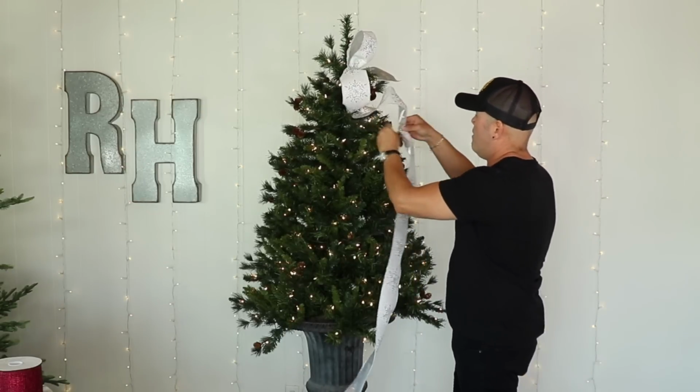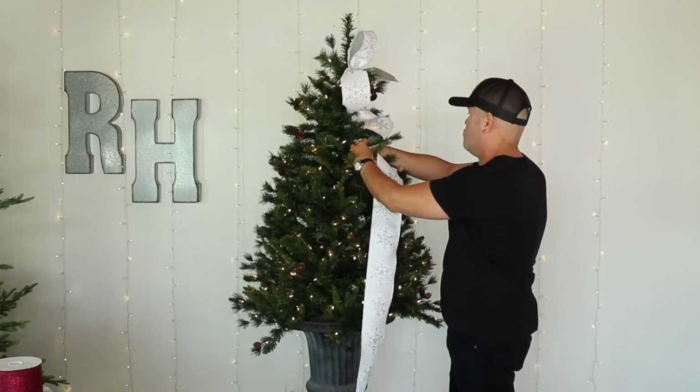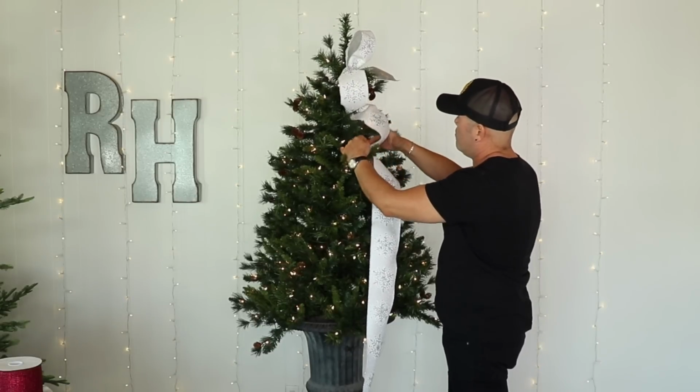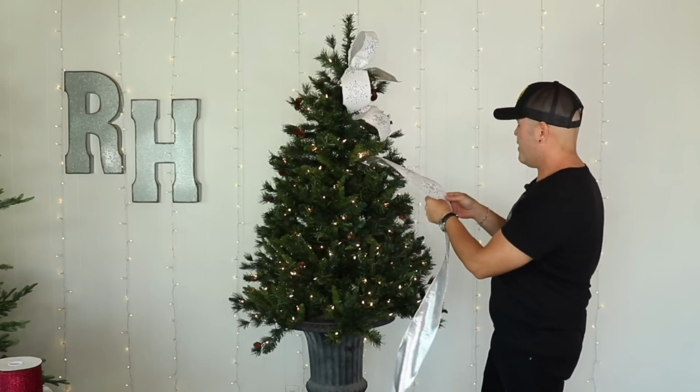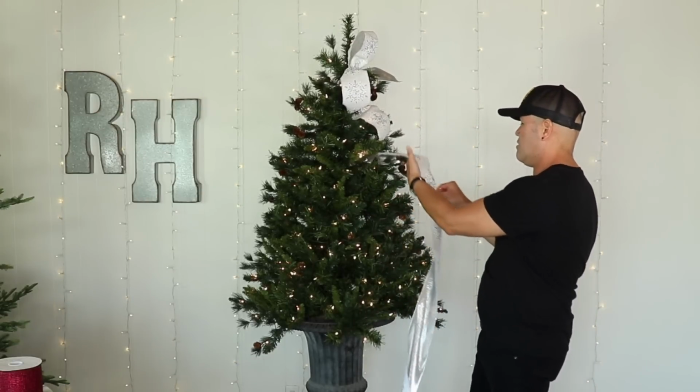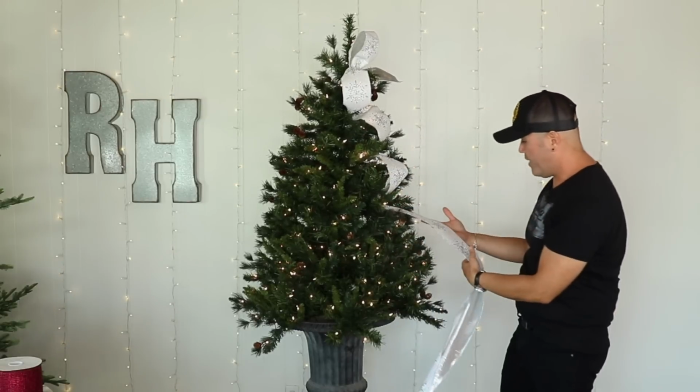Then I'm going to go down as far as I can on the tree. And then I'm gonna grab a bristle and I'm going to bend it. And so you're gonna get 2 beautiful loops like this. So for this one, I think I'm gonna do a 3rd one just because I think it'll serve us better, so we do 2. But then right here, I'm gonna